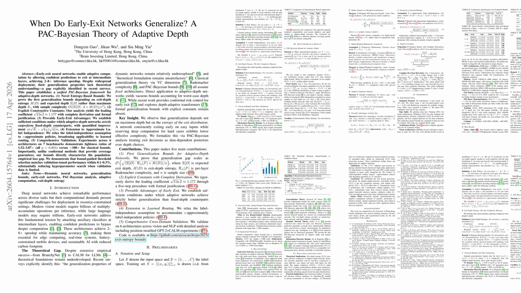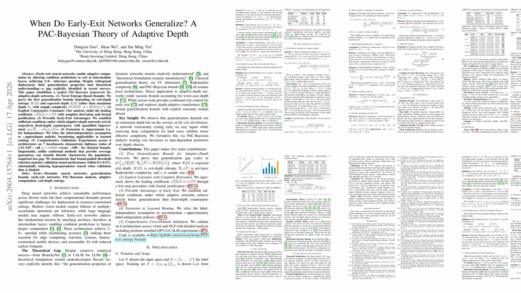The paper's main claim is that closing the modality gap requires stronger visual grounding and reasoning-oriented post-training, not just larger language backbones. Let's explore the third paper. When do early exit networks generalize? A PAC-Bayesian theory of adaptive depth. This paper gives the first PAC-Bayesian generalization theory for early exit and adaptive depth networks, replacing worst-case depth, K, with